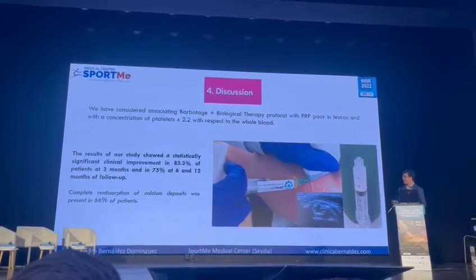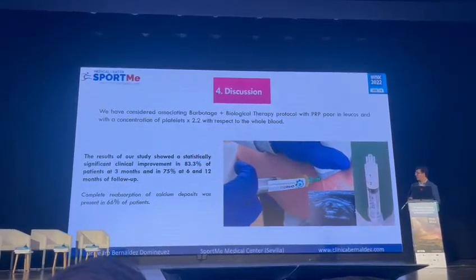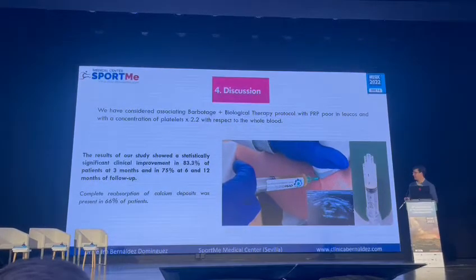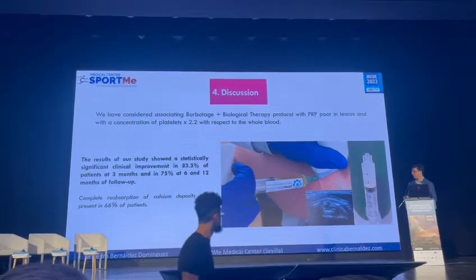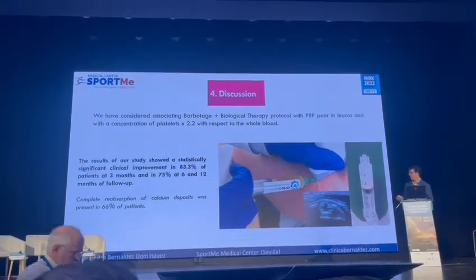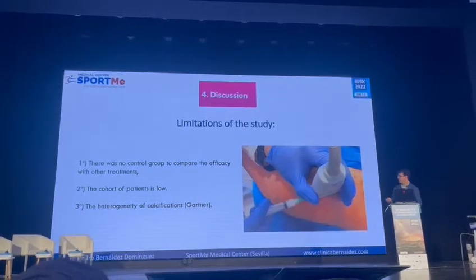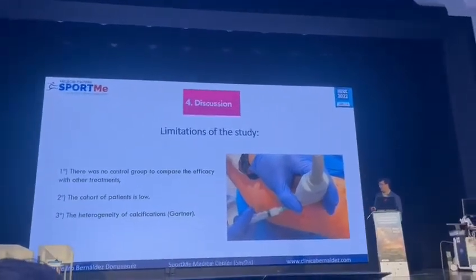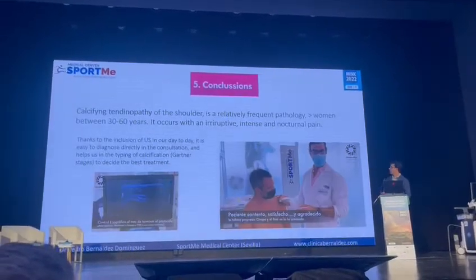The result of our study showed a statistically significant clinical improvement in 80% of the patients at 3 months and 75% at 6 and 12 months of follow-up. Complete resorption of the calcium deposit was present in 66% of patients. Limitations of the study: there was no control group to compare the efficacy with other treatment. The sample size is small and there is heterogeneity of calcifications. The conclusion,